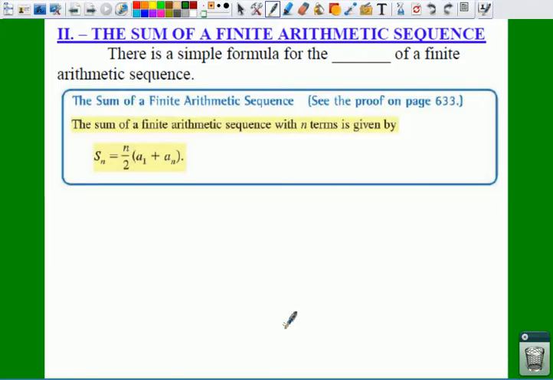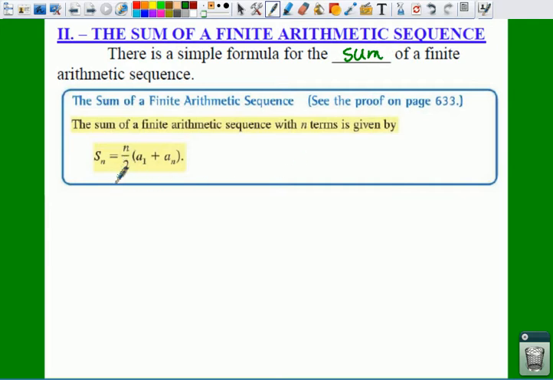All right. Now, sometimes you need to find the sum of a finite arithmetic sequence. Remember, finite means you have a start and you have an end. Infinite sequence means it never stops. So there is a simple formula for the sum of an arithmetic sequence. This simple formula, which you will be given as well,